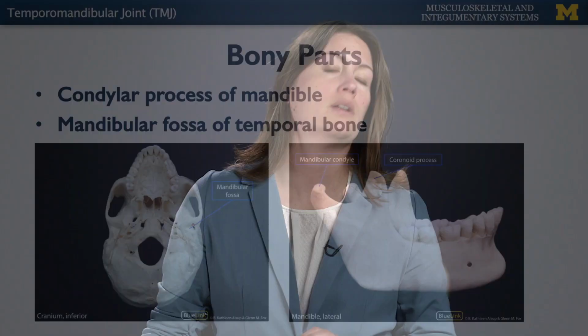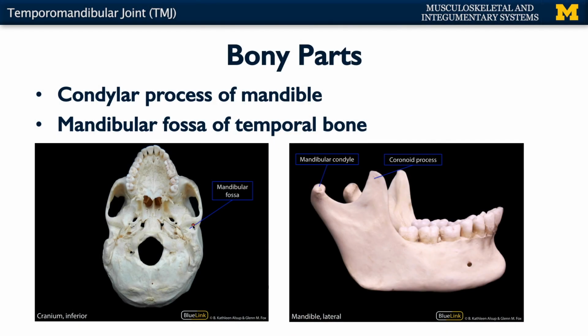So let's talk about what bones those are. The two bones that make up your TMJ are your temporal bone and your mandible. Specifically, when we're talking about the temporal bone, we're looking at an inferior view here. You can see this shallow area right past the zygomatic arch, and this shallow area is referred to as the mandibular fossa. It's basically a divot that's going to allow for the mandibular condyle of the mandible to fit or